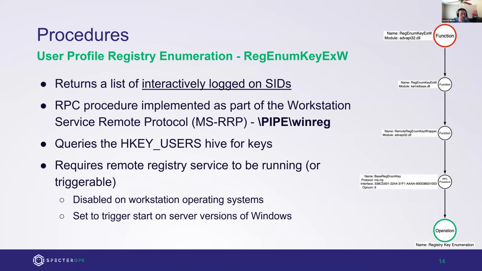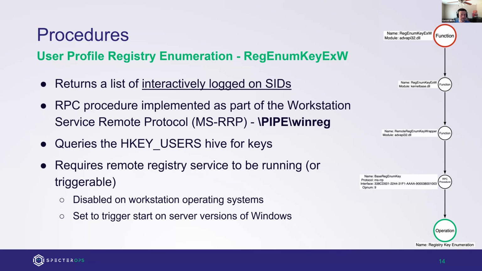All right, the third procedure is registry key enumeration. So this will return interactively logged on users where their profile is created. That key is associated with the user's profile, and generally when they log off, that key is deleted. So what this does is it enumerates the HKEY_USERS hive and enumerates the subkeys, and it will return a SID for each user that's interactively